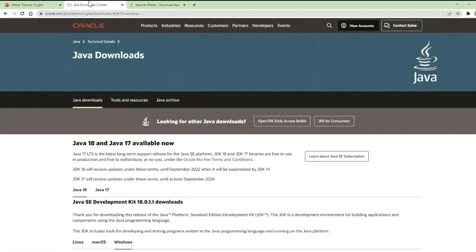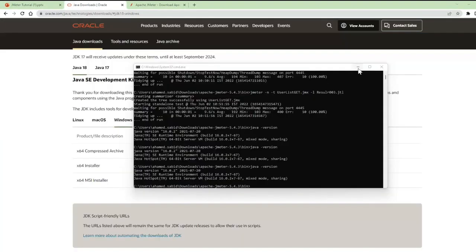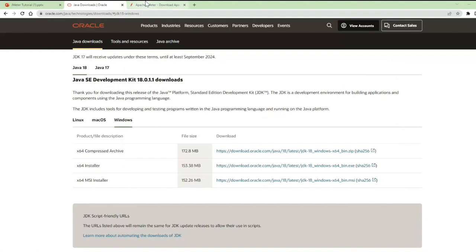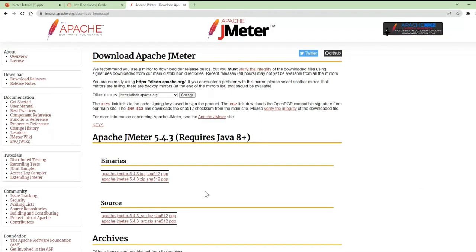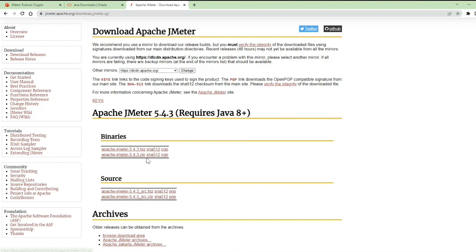To start with the hands-on, the prerequisite to start with JMeter is that we need to install Java. So install the Java version, then we can go to the Apache JMeter site. Then we need to download the binary files for accessing Apache JMeter. So once we download this,